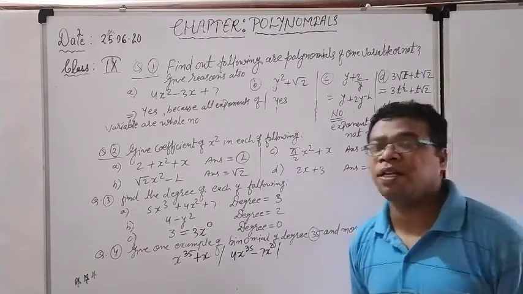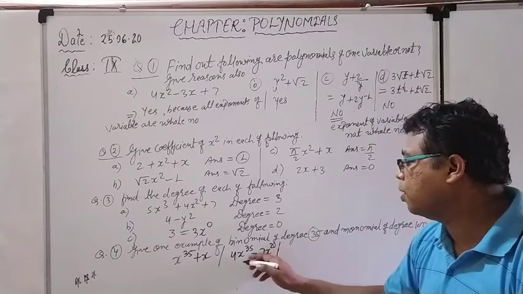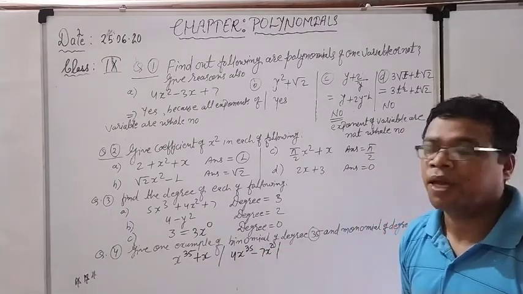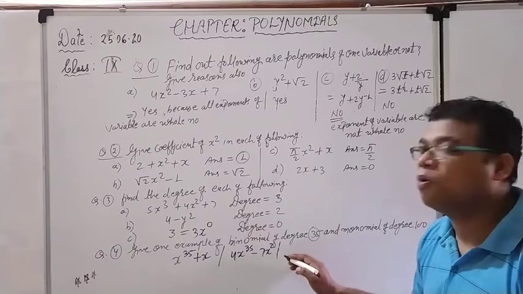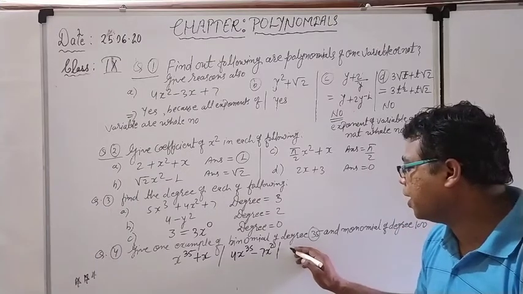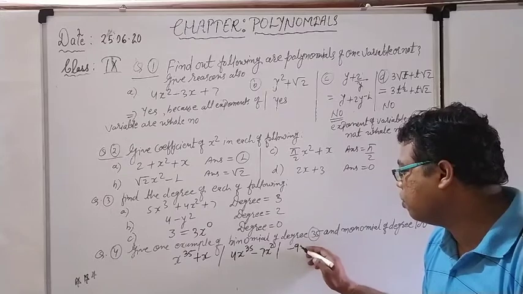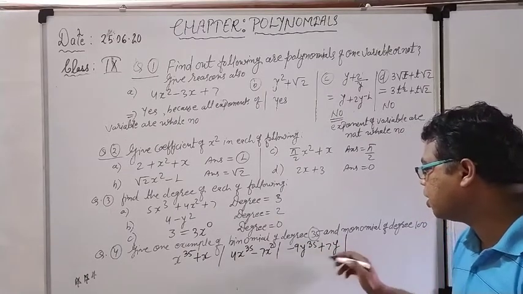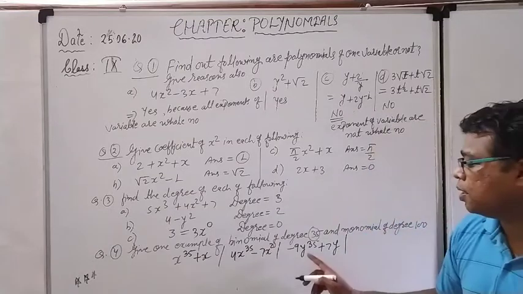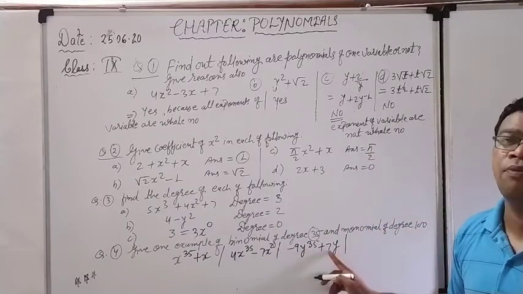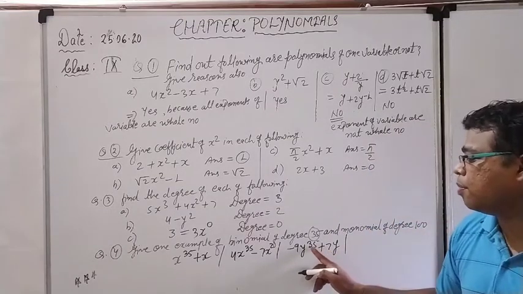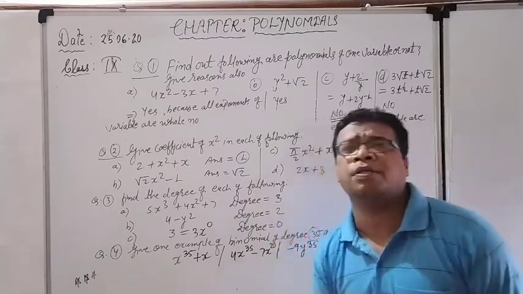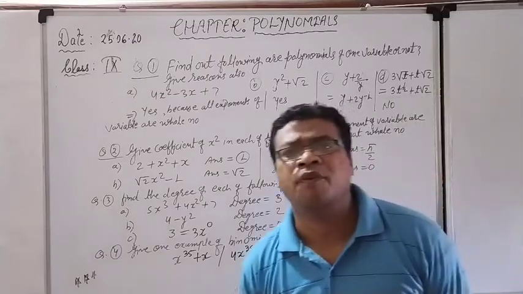Again, I can give another example in front of you. This is in the form of x. I can write another example in the form of the variable y. So what can I write? Minus 9y to the power 35 plus 7y. This is also another example. Why? Because again you can see there will be 2 terms for the binomial, and maximum power should be only 35. So you can write so many examples. The condition should be clear in front of you.